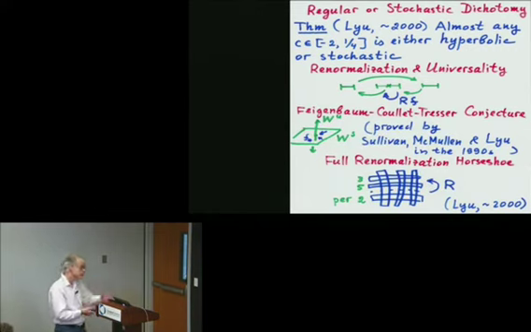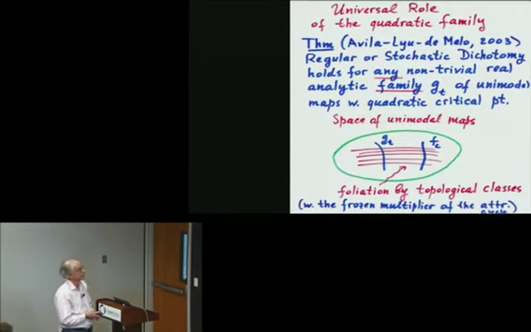Kolmogorov insisted that we should consider a typical family. And here we have this quadratic family. Well, maybe this quadratic family is so special because it is a global holomorphic family. We can use the whole power of holomorphic machinery and prove something very special about some very special family. It turns out that it is not at all the case, and the quadratic family is actually, in a way, a universal family.